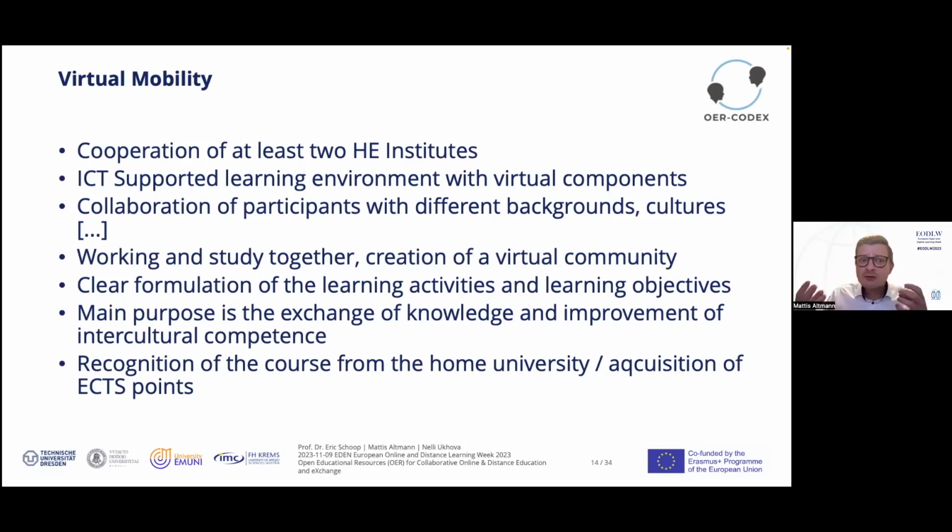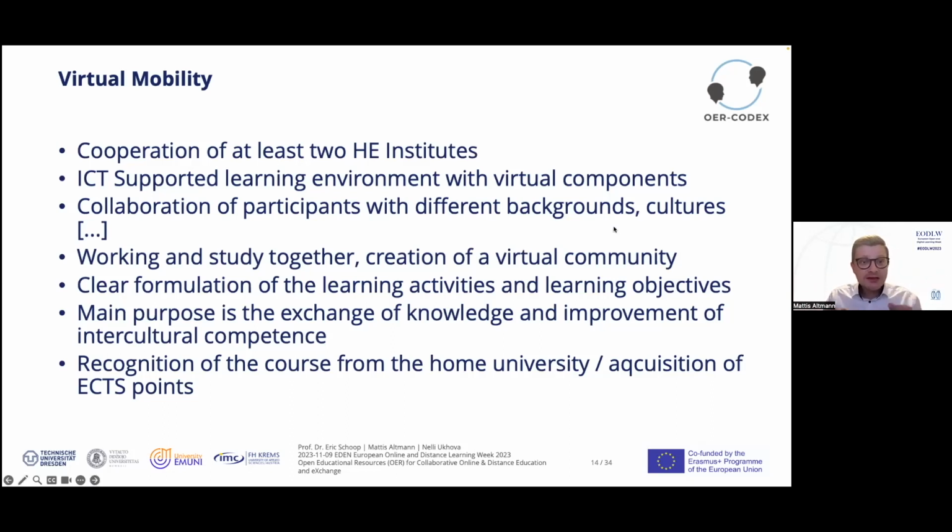And those students are working and study together and create a virtual community where they interact, where they are creating knowledge, where they are creating their own learning path. Also in the sense of self-directed and problem-based learning.